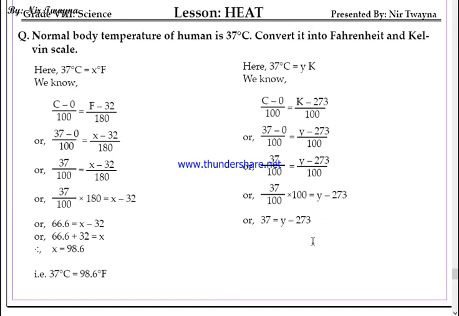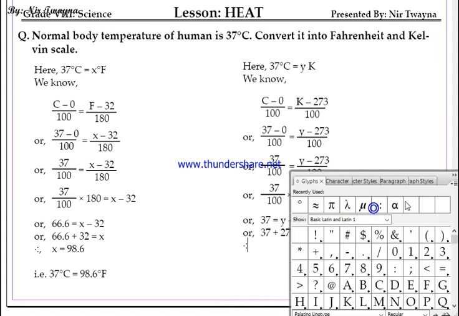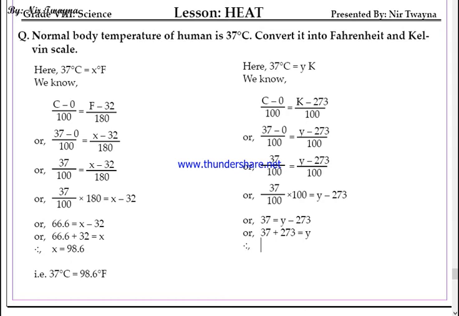Okay, y minus 273. Now you can remove 273 from the right side, and how can you do that? By adding it to the left side, equals y. Therefore it gives you a nice value. Therefore y is equal to 37 plus 273. 7 plus 3 is 10, carry over 1. Here we have 7, 7 plus 3 is 10, 10 plus 1 is 11, carry over 1. 1 plus 2 is 3, 310. We got the value of y as 310.